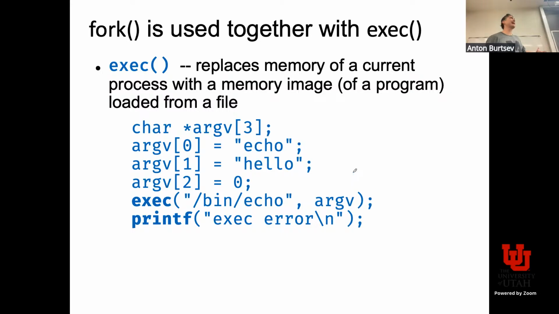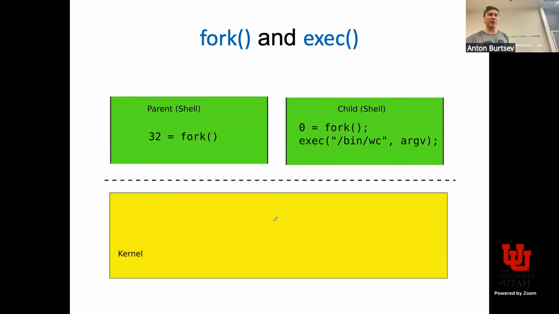They came up with the second system call, which is called exec. And exec replaces the address space of a program with another program. So the sequence is you first do a fork. Inside the parent, you start executing your code, whatever you want. Inside the child, and typically it's a shell, but it doesn't have to be, it can be any program, where fork returns 0, you invoke exec.